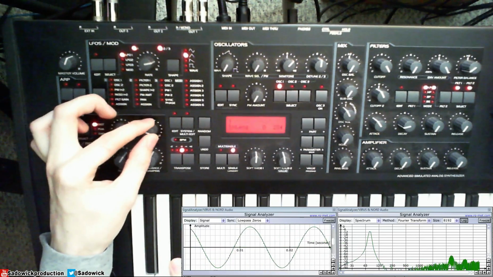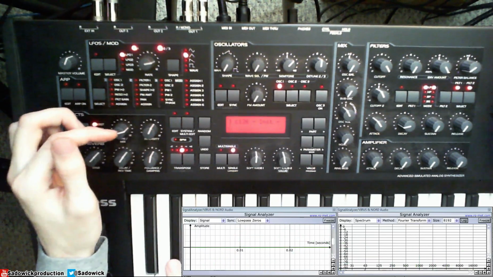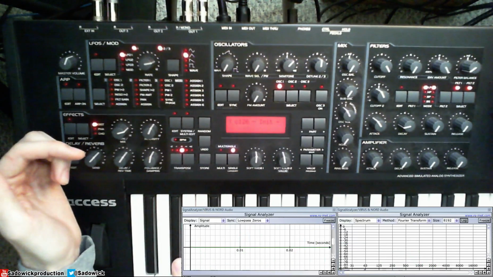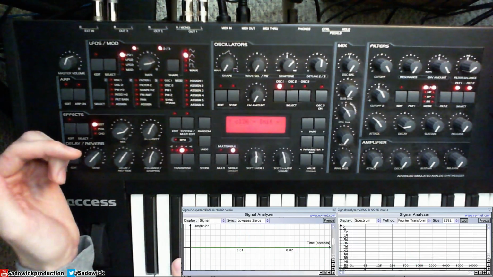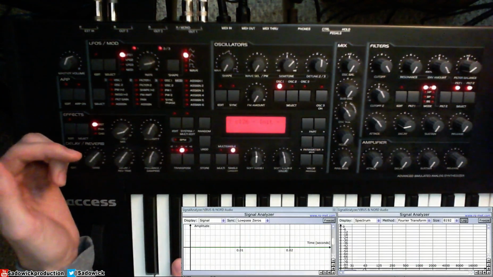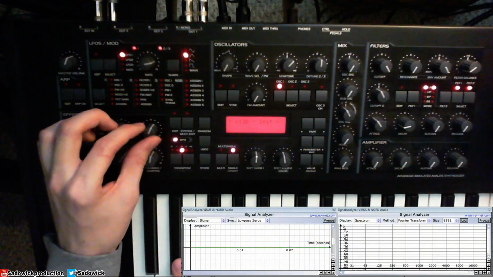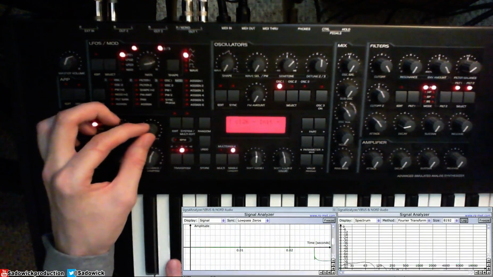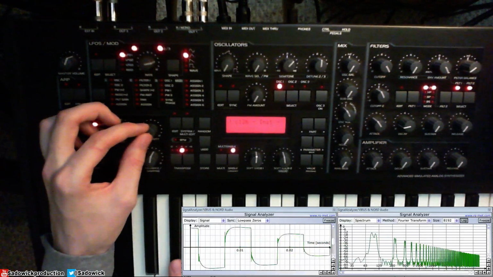So there's a rate reducer, which is like the audio resolution reduction, and it just got dark. And there's bit, which is the bit depth. So if we, it's very